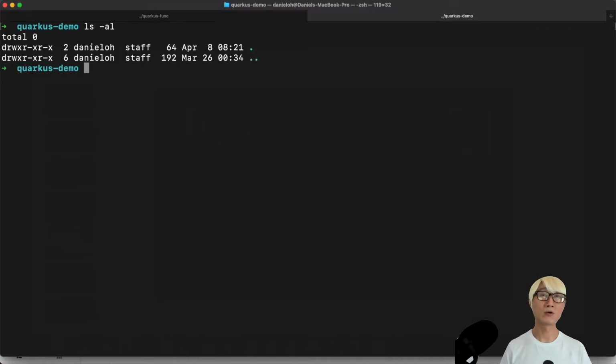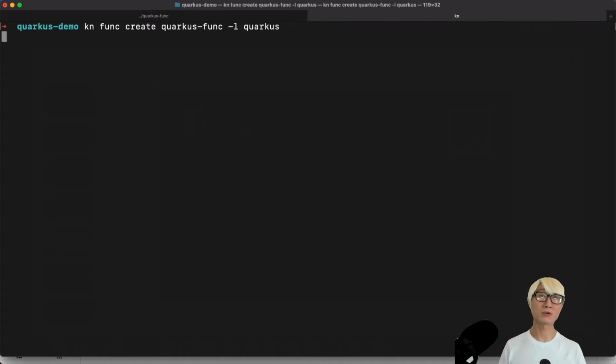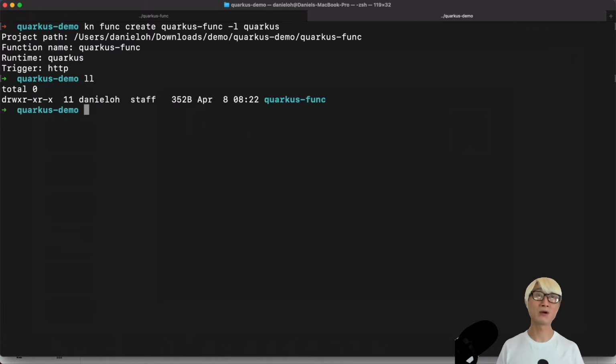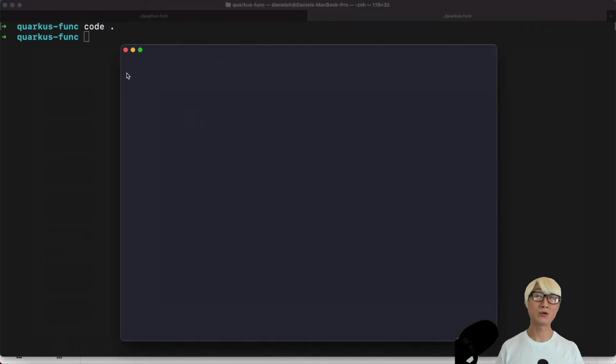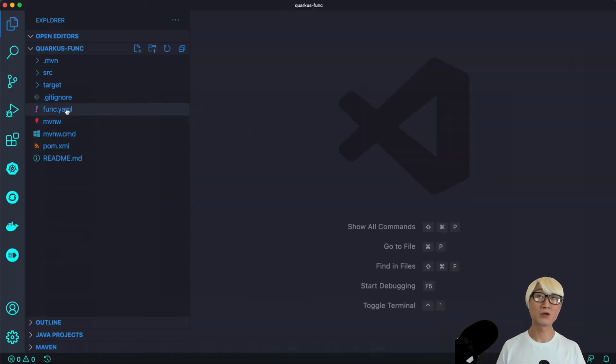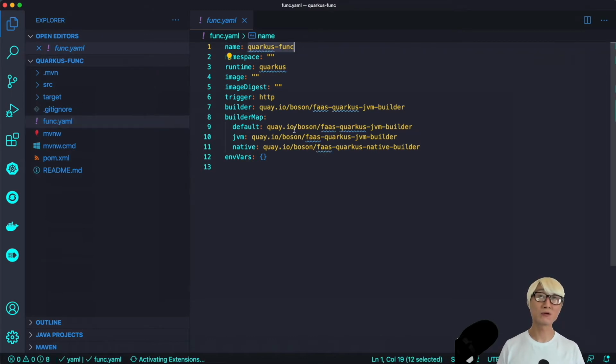So here's my local environment. There is no directory at this moment. Let's try to use a kn-func command line to generate the Quarkus application project to develop a serverless function, and then we just create a new project based on Maven, and then you can use any Java IDE tool to edit your Quarkus project. So once you open your Quarkus project, you will see the function YAML file is automatically generated